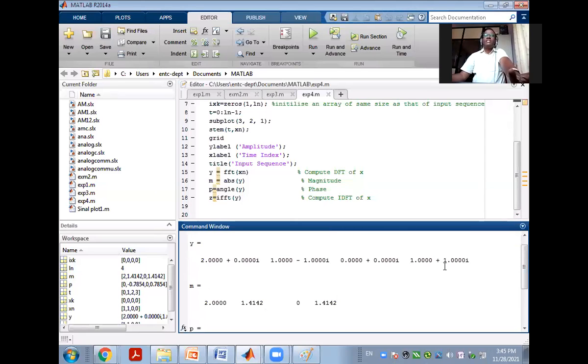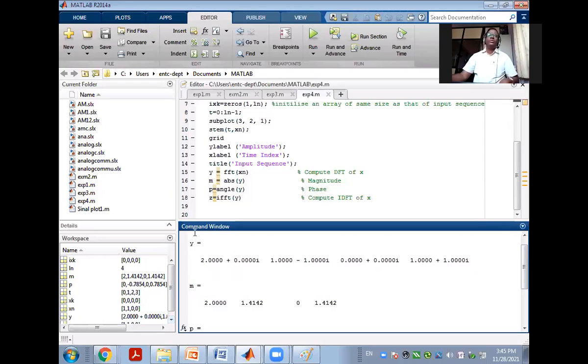So ये आ गया आंसर. 2, 1 minus 1 I, then 0, then 1 plus 1 I. है क्या आंसर इसका? Yes, sir. Right? It's like 2, 1 minus 1j may be written, 0 and 1 plus 1j. J instead of j, here in this MATLAB we are taking it as i.